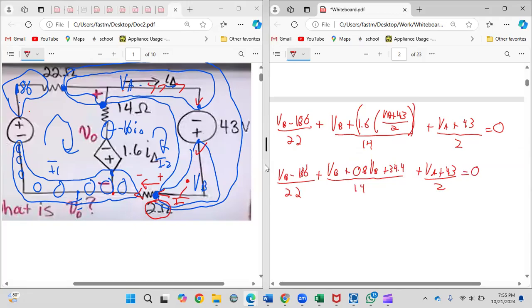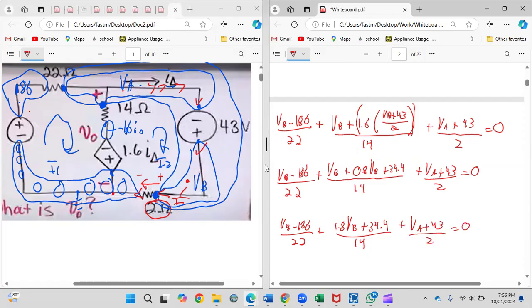So now we could simplify this piece here. VB minus 186 on 22, 1 VB plus 0.8 VB is 1.8 VB plus 34.4 all over 14 plus VA plus 43 on 2